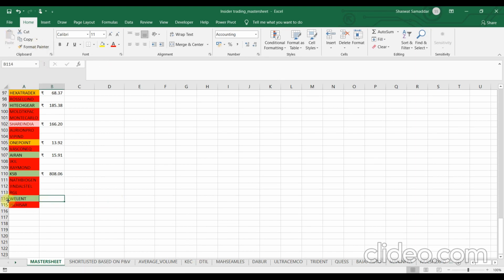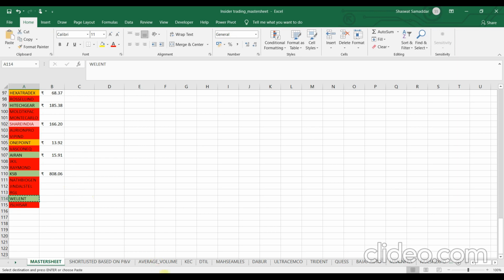Now this stock would be going into my watch list first, but the important thing to know is at what price I should buy this particular stock. For that, we have to check the average price at which the promoters made an entry into this particular stock. So, how will we do that? Let me explain in a bit.